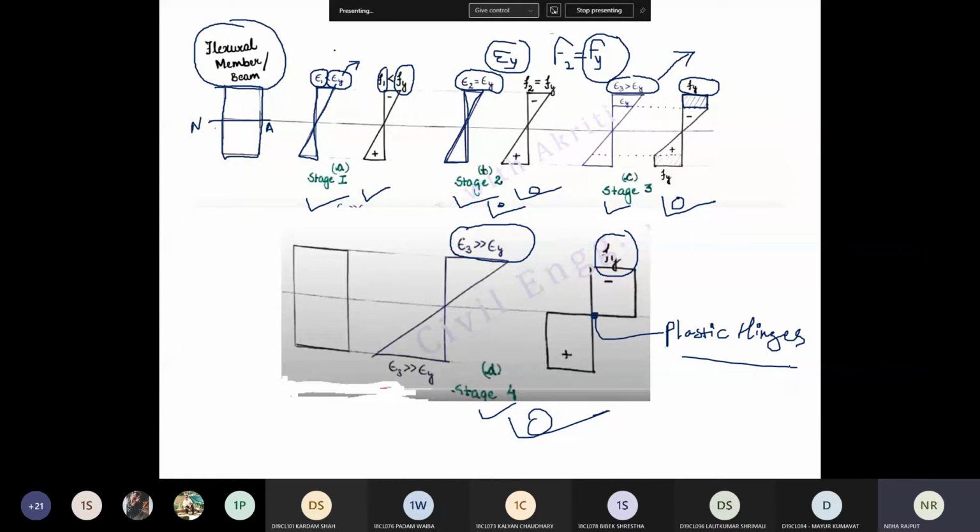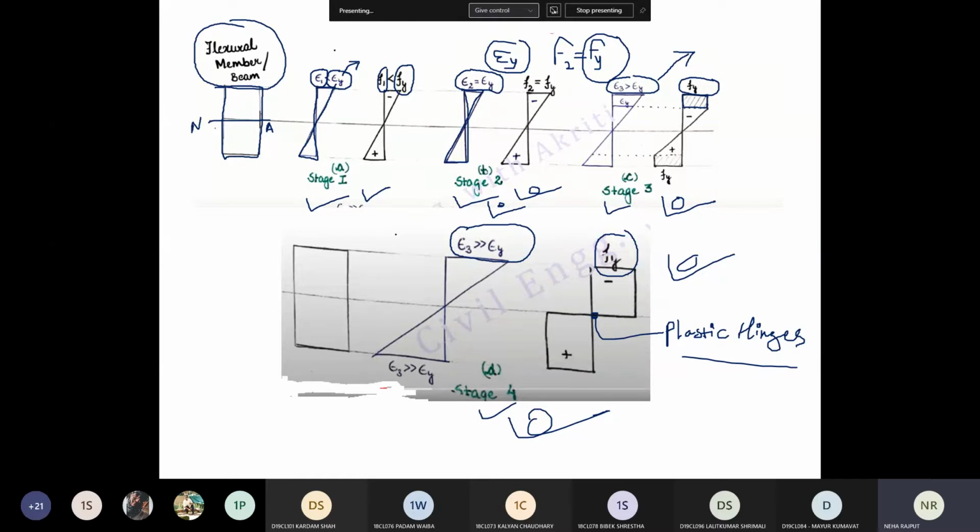Again it will redistribute the moment, so that your material will get more resistance towards the force, and after the yielding point it will fail. So plastic hinges आने के बाद क्या होता है? It will deform, it will rotate, but it will not fail up to its plastic limit. That is the fundamental of the plastic analysis, right?